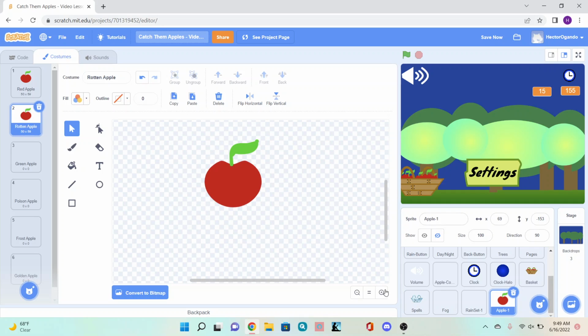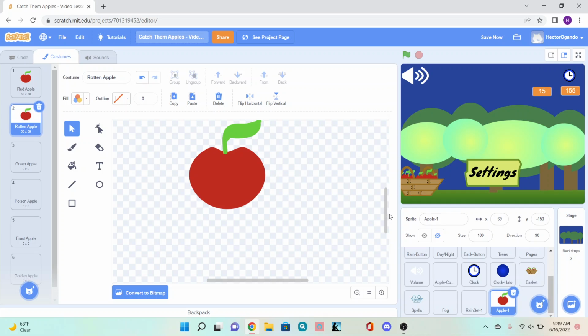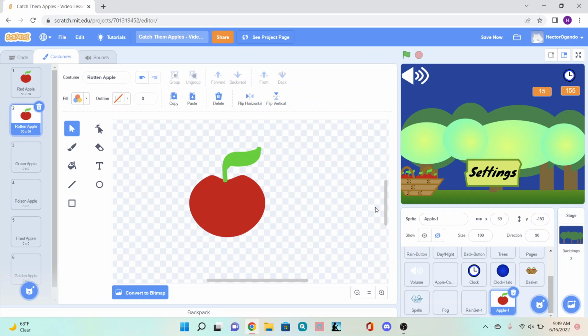Now for those of you who are making something different, again, this is just something that is going to count against you. So for example, maybe for someone who's doing a Candyland theme, maybe you have a fruit, and since that's not really an apple, that's not really candy, that's going to subtract from the player's score. So for this one, since it's supposed to be an eaten apple, I'm just going to go ahead and make changes. Keep in mind that the changes that you guys make, you want to make it obvious enough. So try not to make it too subtle of a change, because then that's not really going to help players understand exactly